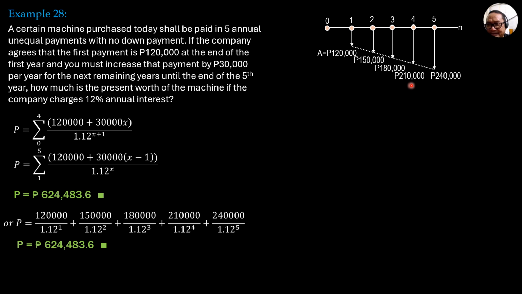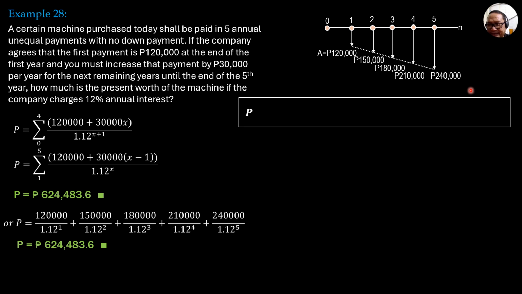or all over 1 plus i to the n, then minus n over 1 plus i to the n. So again, the present worth of this uniform arithmetic gradient is G over i, times quantity 1 plus i to the n minus 1 all over i times 1 plus i to the n, then minus n over 1 plus i to the n.